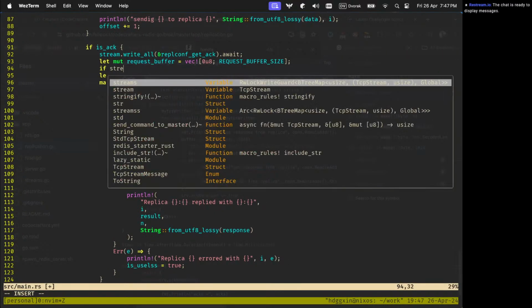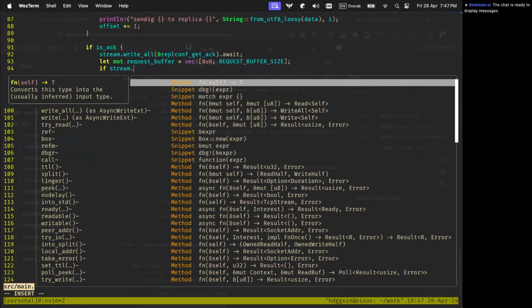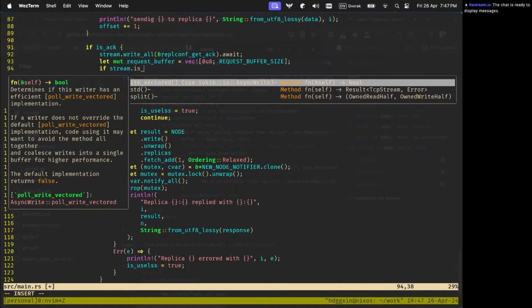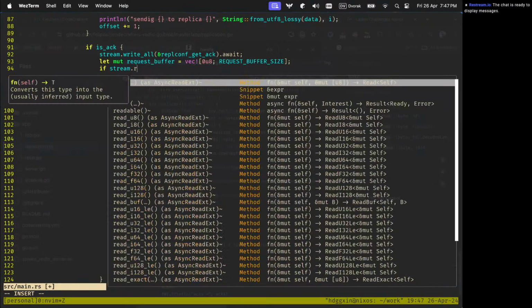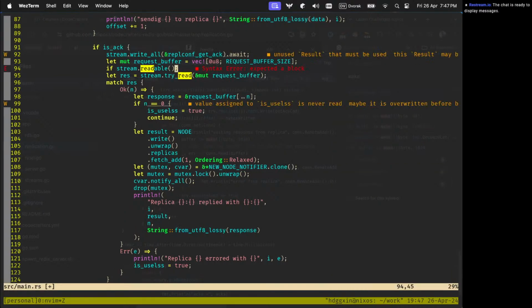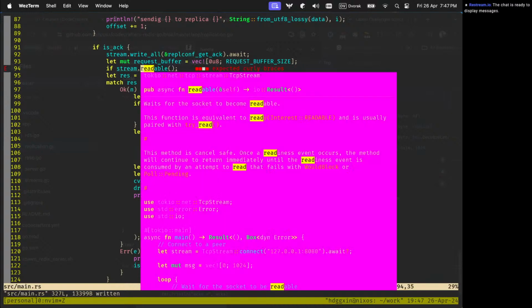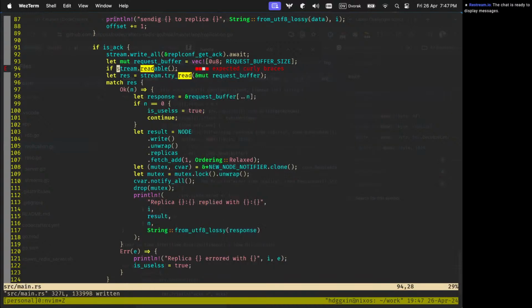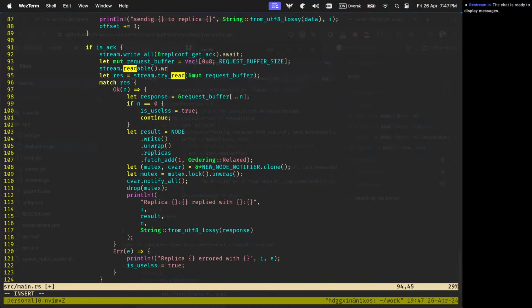So if stream.readable, wait for the socket to become readable, and then we'll do unwrap.